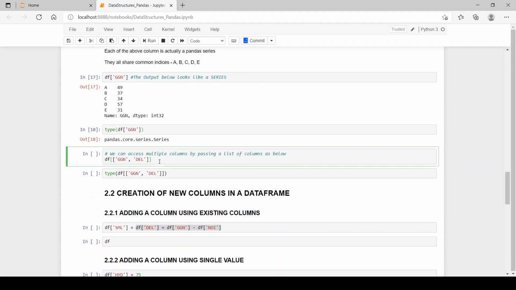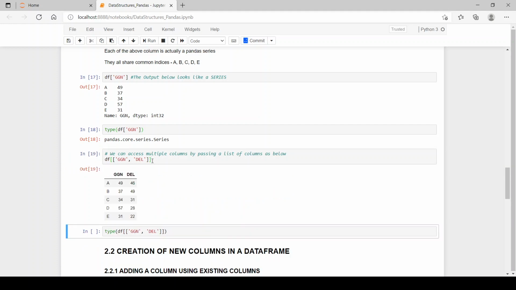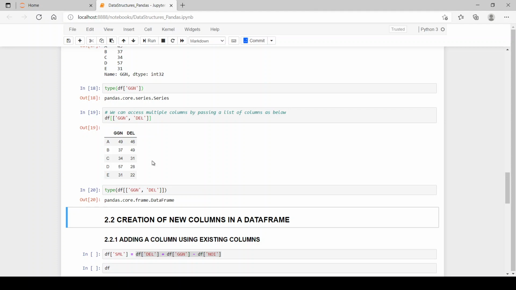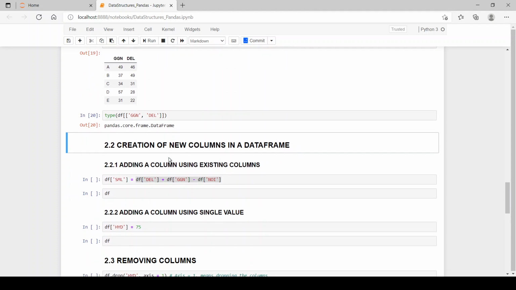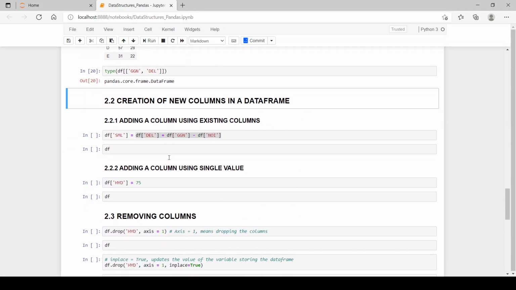And now if we add another column to our data frame, and when we see the type of it, it comes to be pandas DataFrame. So only one column is a series, and if we add one or more columns to it, it becomes a data frame.